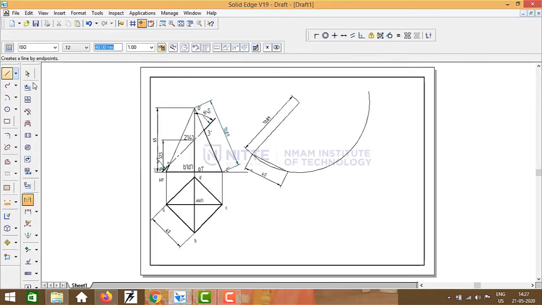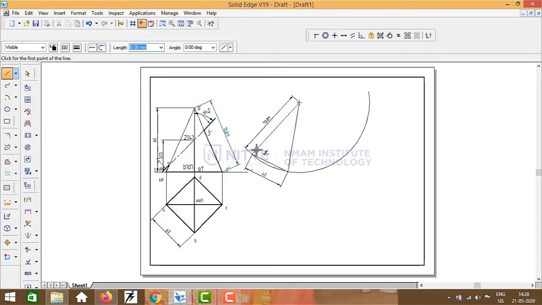Okay, now join this O with this point B. Okay, so this is the triangular face of the square pyramid with the base 40 and height 65 or the slant edge 70.89. Okay, so this is the triangular one face we have drawn. How many faces we have now here? We need 4 faces. Okay, the square pyramid means we need 4 faces. Okay, so you need not go for separately drawing it individually once again. Okay, you can use the rotate option here.